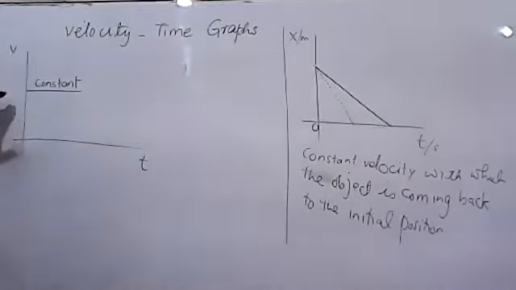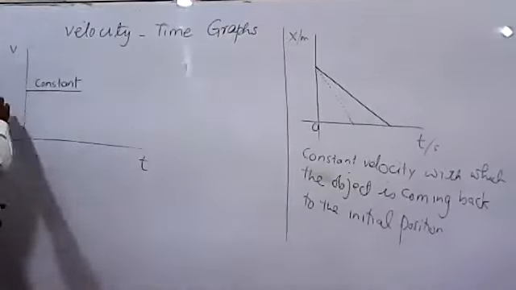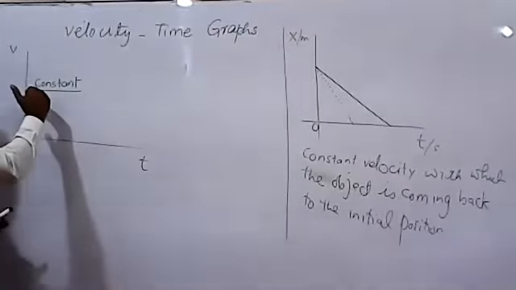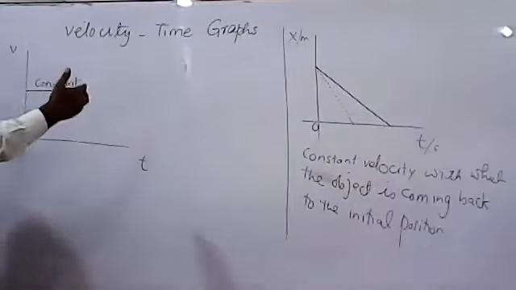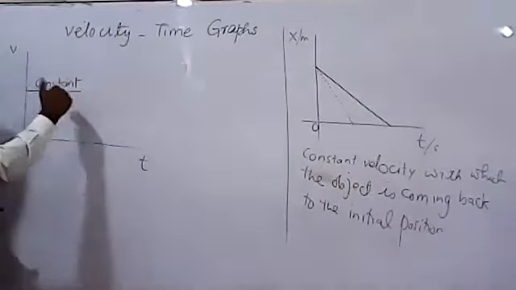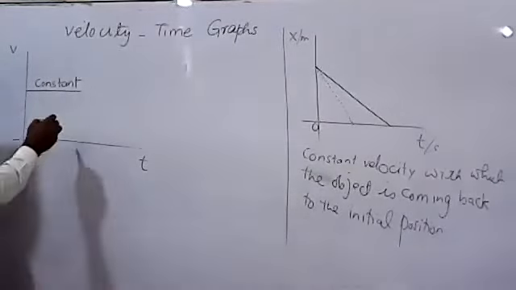So object is moving at a constant speed, or you can use the word constant velocity. So a straight line, obviously if this is a line here, then it is a constant velocity of larger magnitude. If this is a line here closer to this axis, then obviously it is smaller, but what is this line